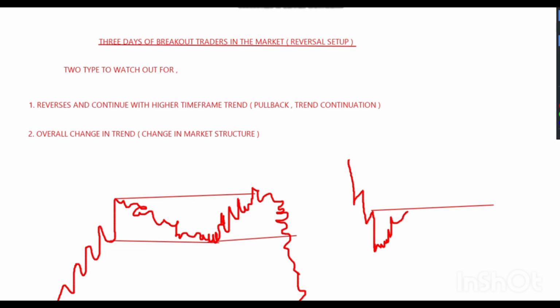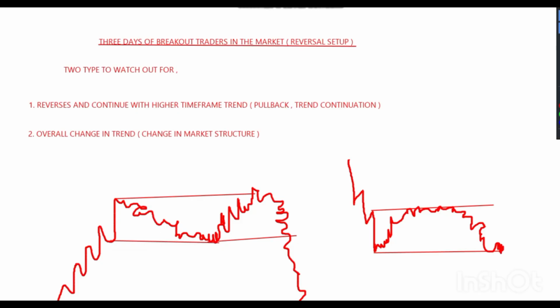Then Tuesday came and also started ranging at this zone. Wednesday reversed the market, and then Thursday continued to sell, but on the inside. This is our last week low here, so we'll mark that zone and wait for market to get to that zone, and then if it ranges there and gives us a signal,